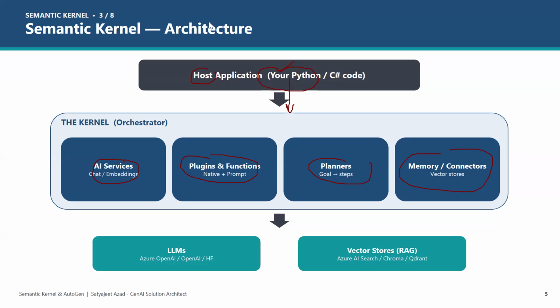So you have this orchestrator, and within that orchestrator, the kernel typically works by giving you access to your AI services. You can create plugins and functions. You'll have access to a planner, because whatever prompt you give to your AI systems needs to be broken down into subtasks, and subtasks get divided to the tools they are associated with. Once the task is divided, you map each task to who will do it. That is why the planner comes in.